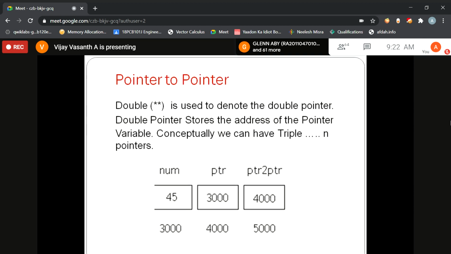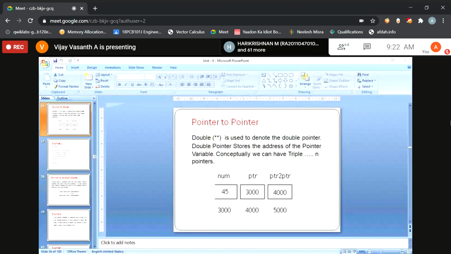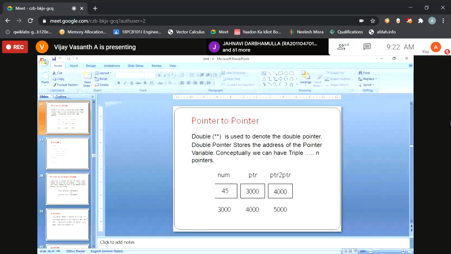The next is pointer to pointer. It is a very important concept. What do you mean by pointer to pointer?